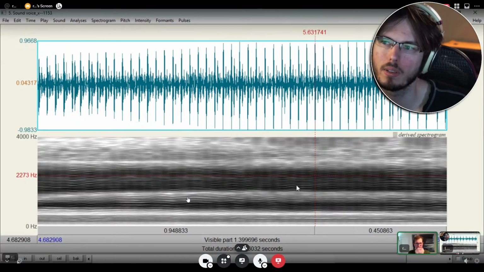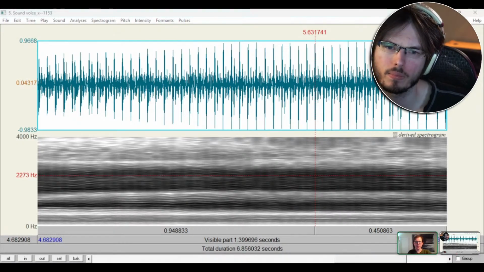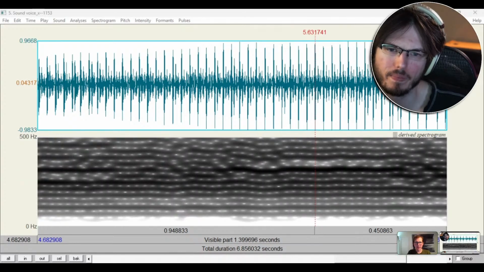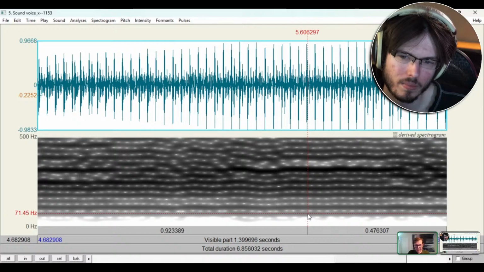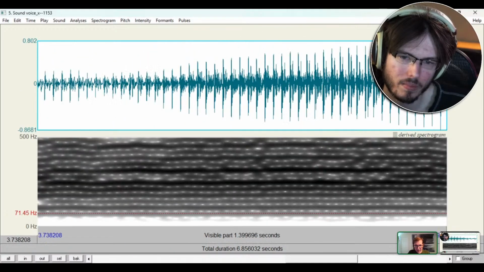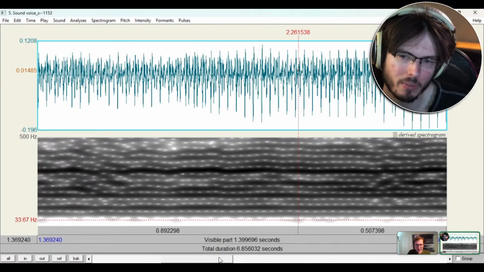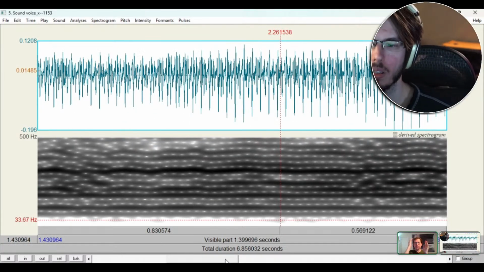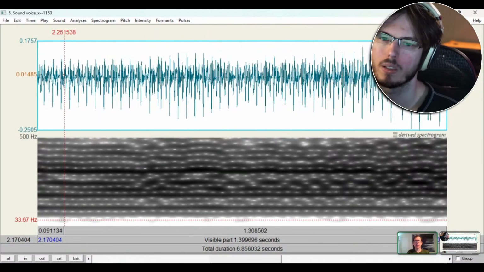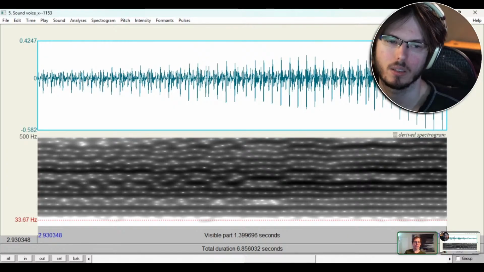Something like that. So if we zoom in a lot farther on the frequencies, each of these horizontal lines is a harmonic. And the lowest one I can see right now is 71. But if we go back earlier, you can see it kind of dips. Yeah, every now and then it seems to dip into the 30. That's right. But it's so quiet, and to your point, how the human ear perceives things makes a difference here.